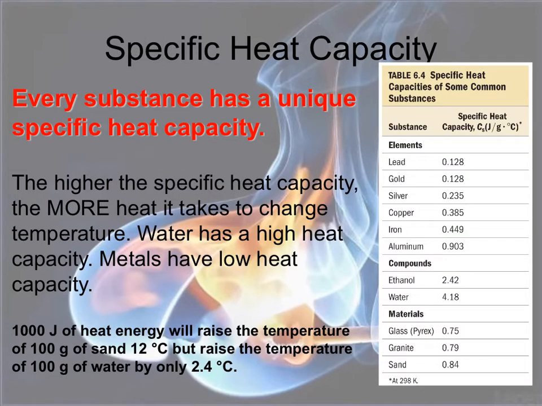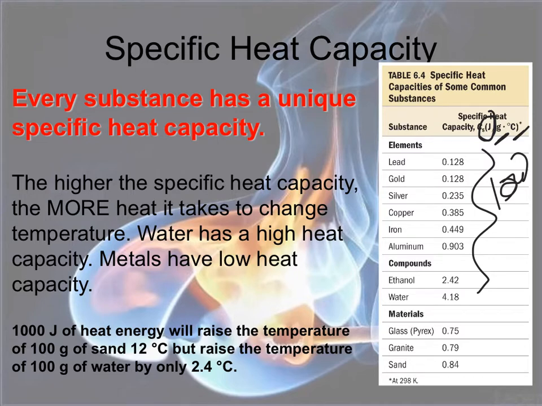All right, let's look at specific heat capacities of a variety of substances just to reinforce what I said a couple slides ago. The top ones are all metals, and they all have quite low specific heat capacities, which means they're sensitive to temperature changes. That means it doesn't take very much energy, J, to raise 1 gram of the substance by 1 degree